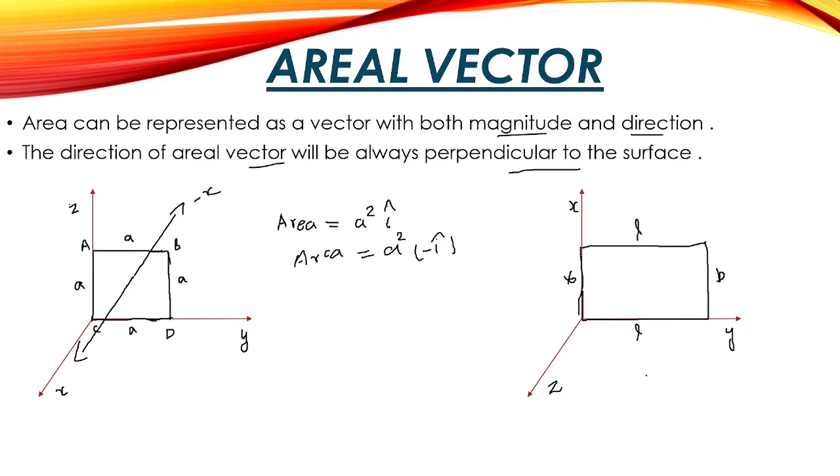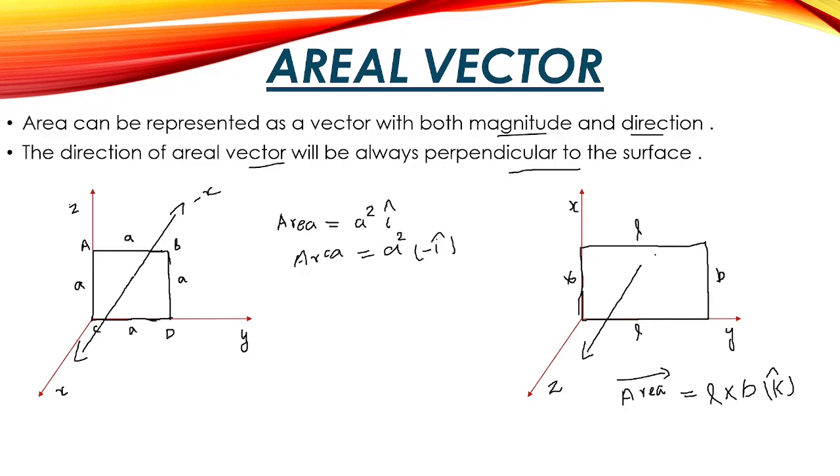So we can write area is equal to, since it's a vector I can put this sign, area is equal to L into B, length into breadth. To find the area of a rectangle, the formula is length into breadth. It will be my magnitude, L into B. And what will be my direction? The direction should be perpendicular to the xy plane, because this rectangle is situated in the xy plane. The perpendicular direction of the xy plane is in our z direction, and the unit vector of z is k cap, so we can write L into B k cap.